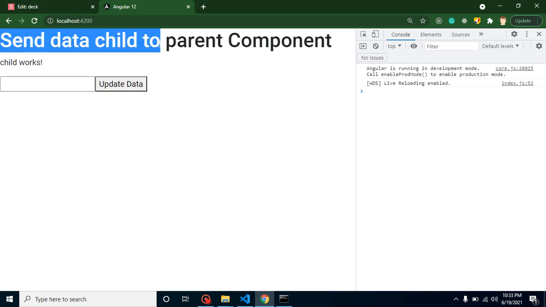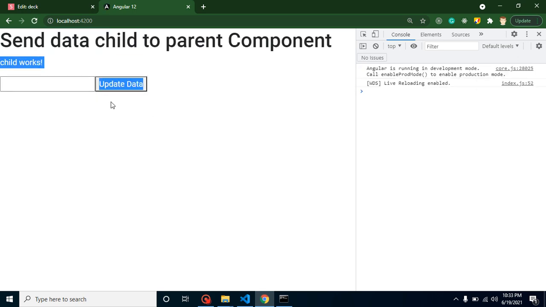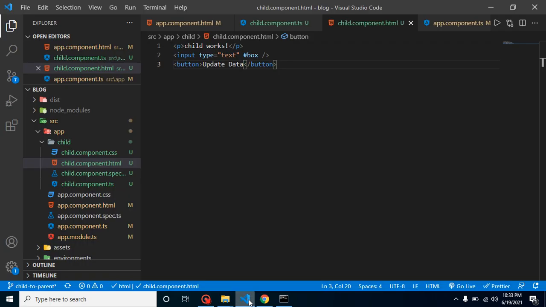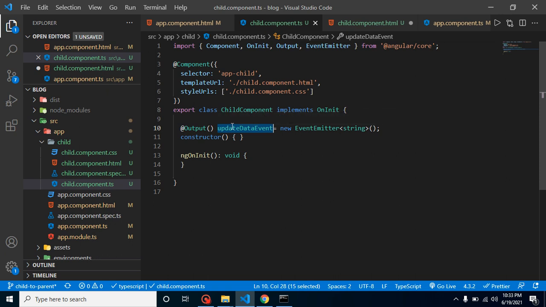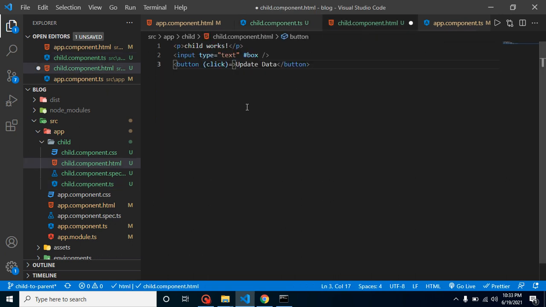And now let's see what we have achieved till now. This is our parent component and this is our child component. So in the child component we have the update data button and text box, and from this child component we are passing data to the parent component. So now what we have to call on this button click. First of all, let's define the event, click event basically, and here we have to call this event, update data event. So let's simply call it